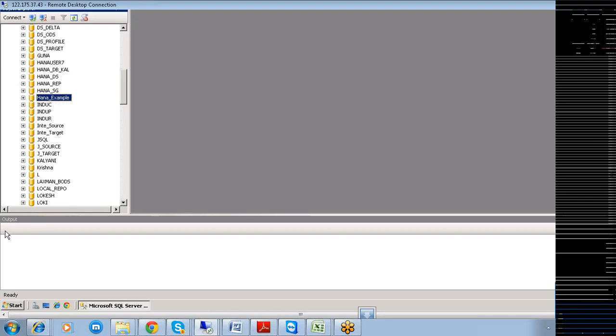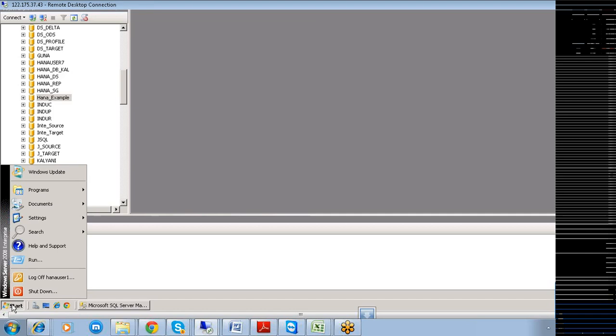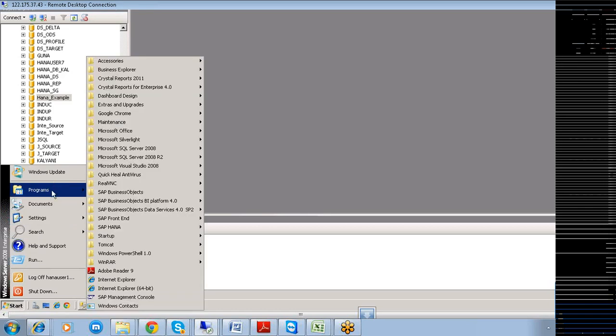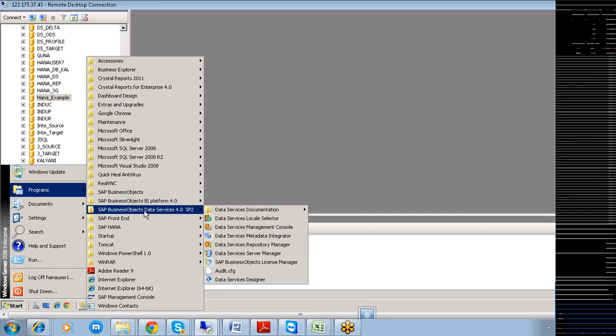Now what I'm going to do is associate this repository to your BODS. For this purpose, I go to these programs, come to Data Services 4.0 Service Pack 2, and here you have something called the Server Manager.